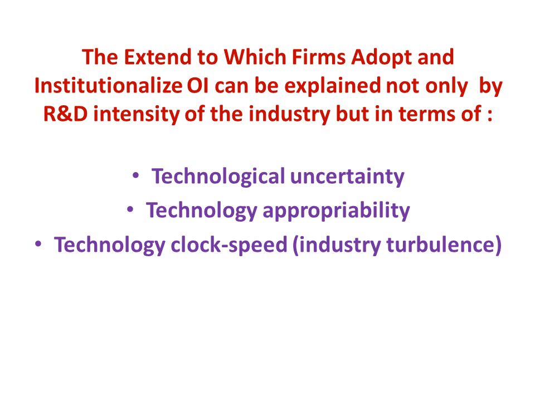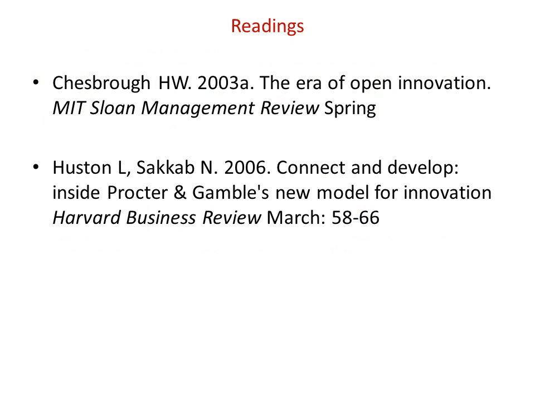Also, one other thing you have to keep in mind is that the conditions in terms of uncertainty, appropriability, and turbulence might change during the lifetime of a project. So you may try to adopt an open innovation strategy at the beginning of a project and then move toward a more closed approach toward the end of a project. Okay,